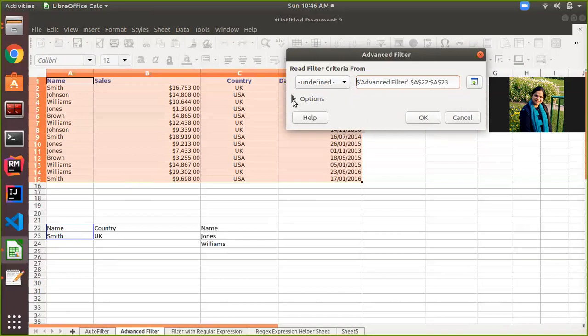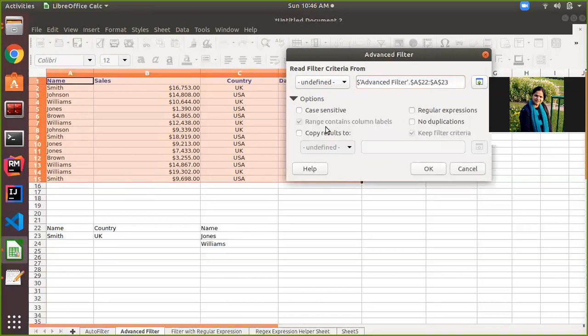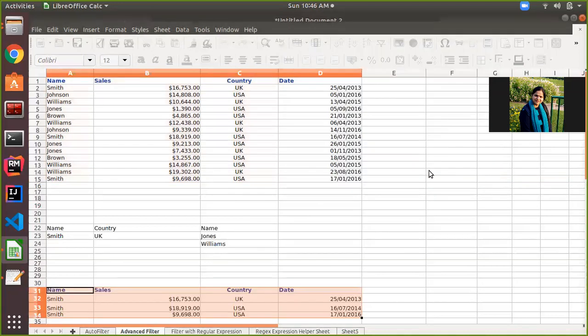After that, click on Options. Since I want to copy my result to a different area of the sheet, I select only the first cell from where my output will begin. After that, I click on OK.